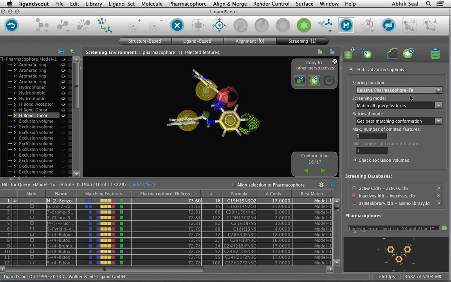The relative pharmacophore fit value ranges between 0 and 1. So I'll use the default, and the maximum number of omitted features is 0. You don't want to omit any feature, you want to keep every feature in your molecule. So for this I selected only the 3 hydrophobic, the 1 acceptor, 2 hydrogen bond donors, and